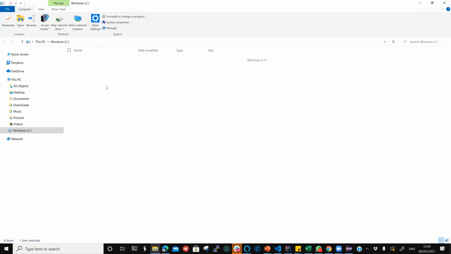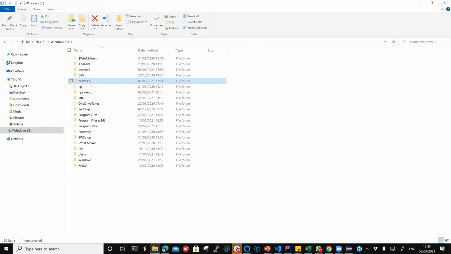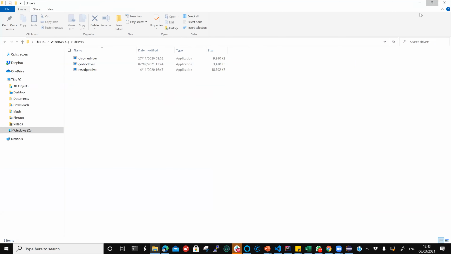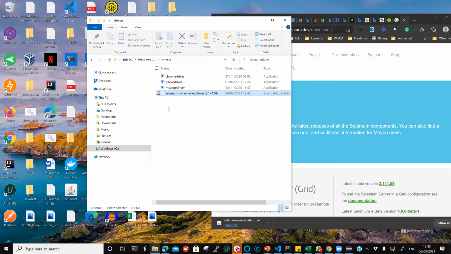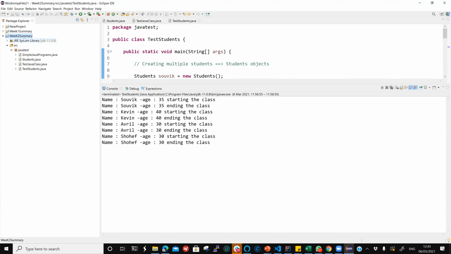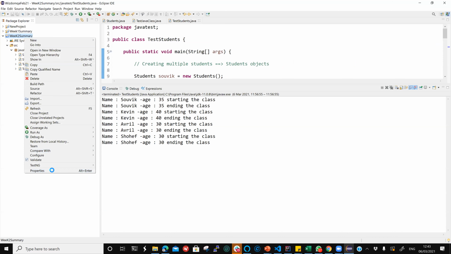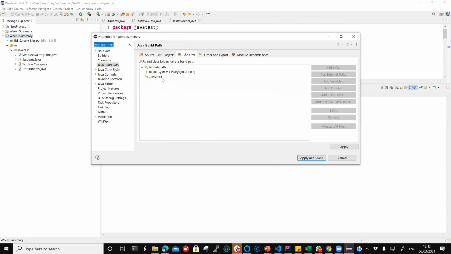C drive, drivers. I'll just put it there. These things need to be pasted in drivers. Yeah, I'm just putting it in the drivers. You can keep it anywhere. It's okay. So I'm just going to add it here and say properties,